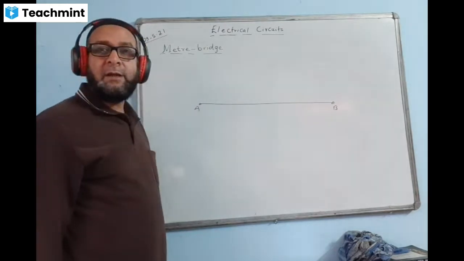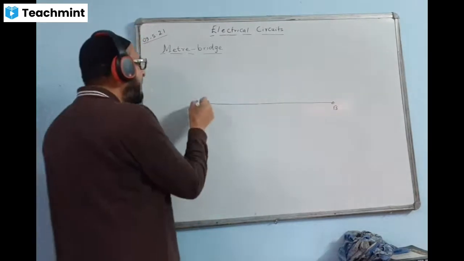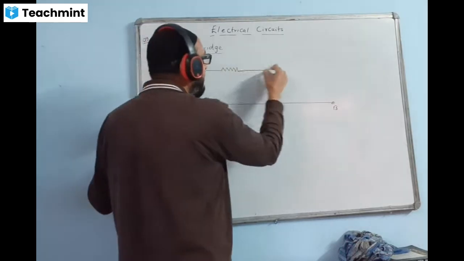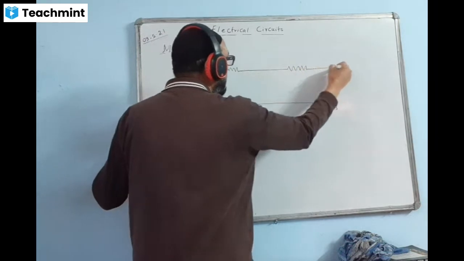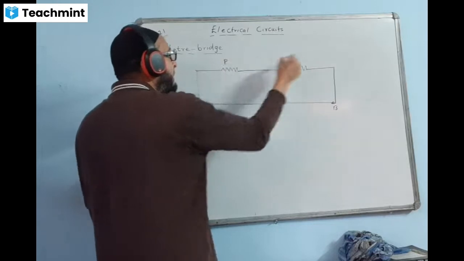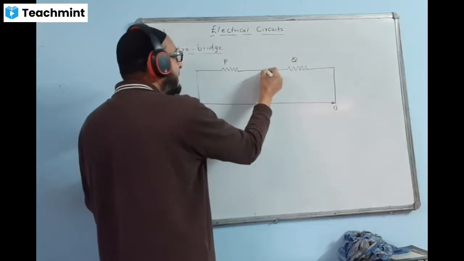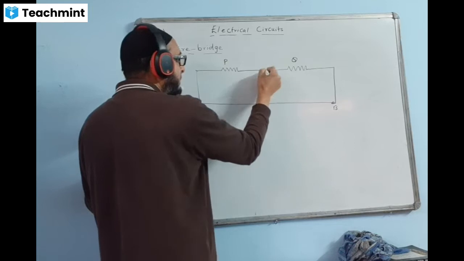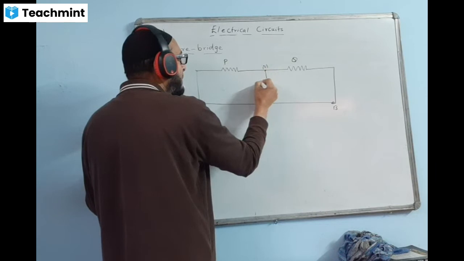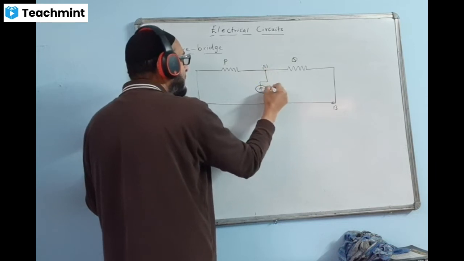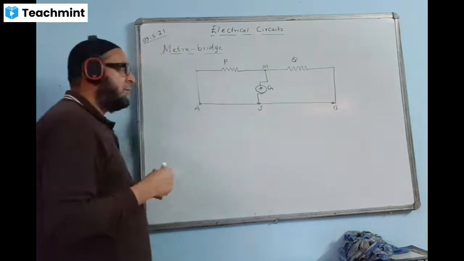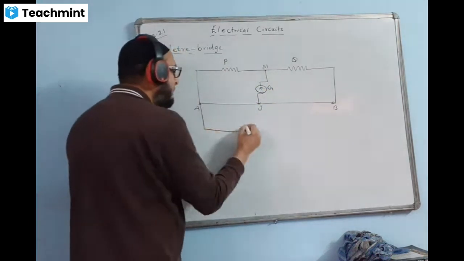1 meter long is 100 centimeters long, and then we will have two resistances, one over here and one over there, in the arms, the left gap and the right gap. They are called the left arm and the right arm, or the left gap and the right gap. This will be P, this may be Q resistance, and there will be a galvanometer, with the point named M, like this, and a jockey. Then we have to supply current through it.